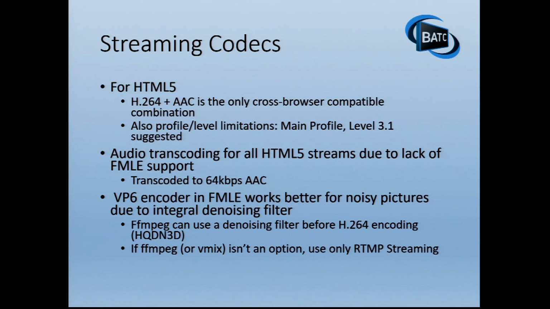And specifically, you then need to only use main profile and a maximum of level 3.1, which are the parameters in the H.264 encoder. There are a lot of places that advertise using baseline profile, which I believe I have noted down here